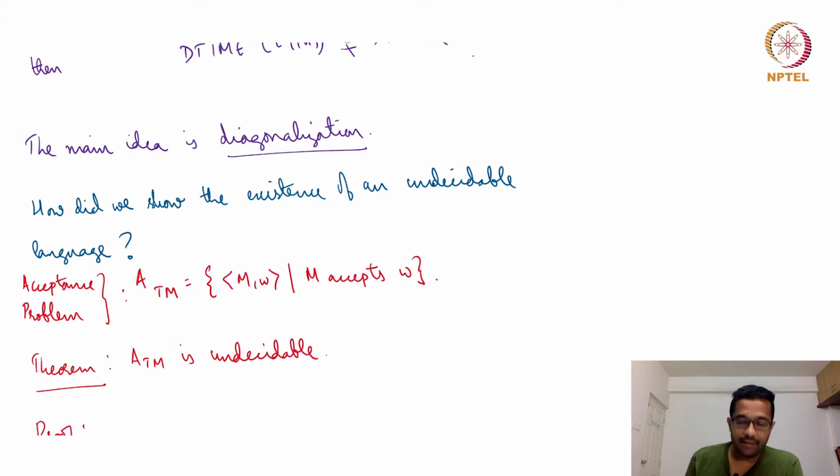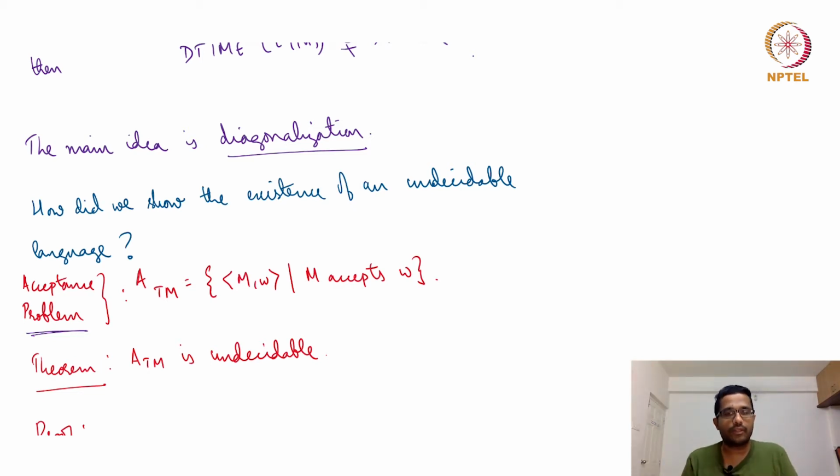So what was the undecidable language that you might have seen? One such language is called ATM. It is actually the acceptance problem. Given M, the encoding of a Turing machine, and w, an input, ATM is the class of all (M, w) such that M accepts w. So the question is simply to decide whether M accepts w. It seems like a very simple thing to do, but it turns out to be extremely hard because